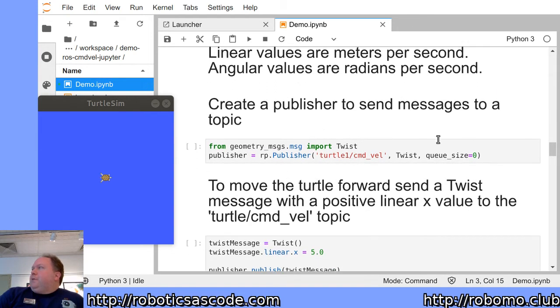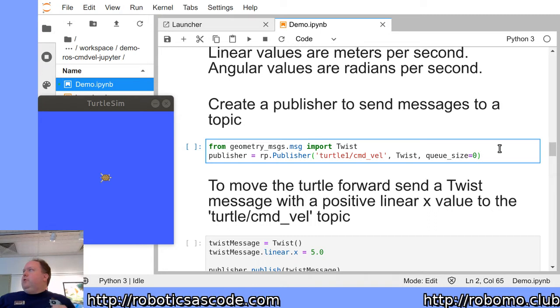Okay, so I'm going to create a publisher. A publisher is what I use to send messages to the topic. So I have to import the Twist type because that was our topic type. Then I create a publisher that's going to publish on the Turtle 1 command velocity topic, and it's going to use Twist messages. And then the queue size is like,